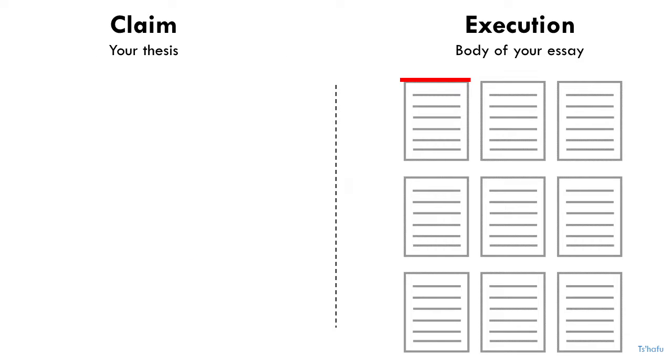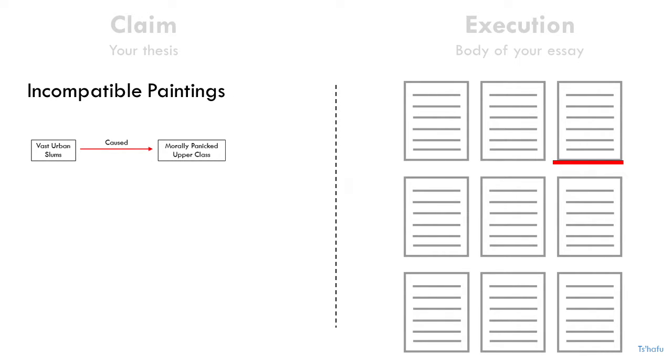Well, here, just as before, your audience reads the paper, and by the time they get to this point, the picture emerges, it's clear, it makes sense, great. But then comes the incompatible painting. So what's happening here? Well, the audience continues reading, and what is it that they're seeing? Down here again, and then all of a sudden, okay, we got to fatigue. Fatigue? What in the world? How is that connected to, are we talking about urban slums causing moral panic among the upper class? How do we get to fatigue?